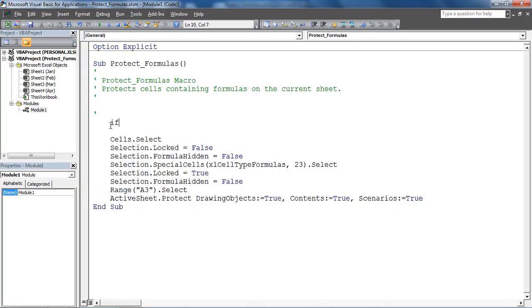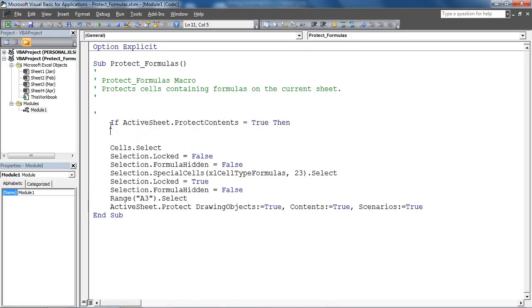And I'm going to write If ActiveSheet.ProtectContents = True Then,